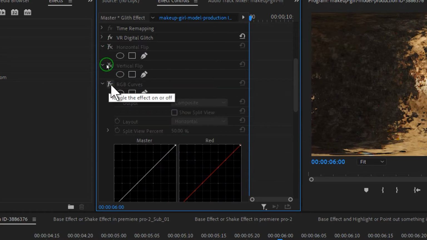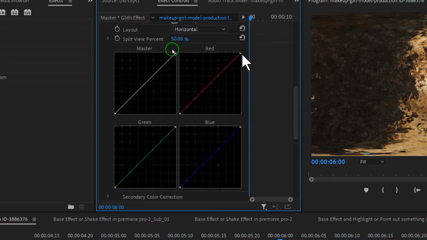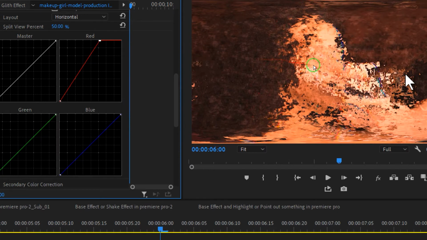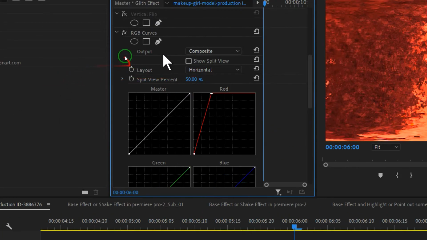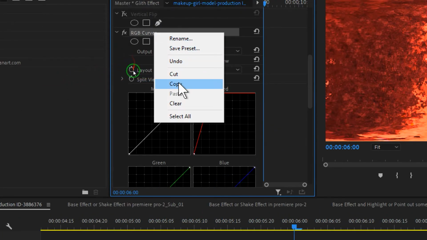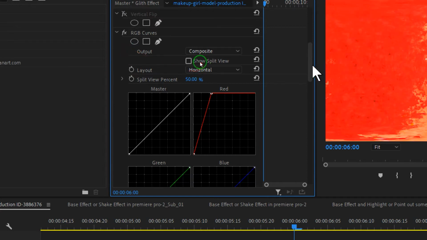and then we will go to the RGB curves option, and in the RGB curves option we'll just introduce this red. We'll come to the red channel and click on the top corner and drag it to this side. So that's going to make it red. So you can just drag it how much red you want, and then we'll just create a duplicate copy of it and just paste it,